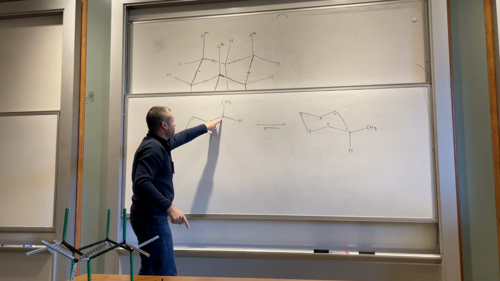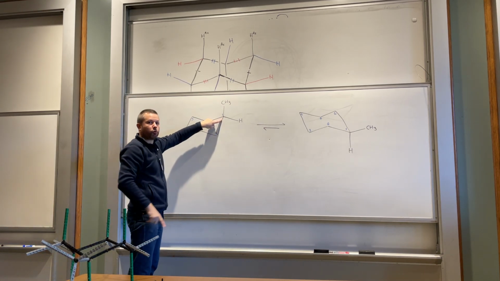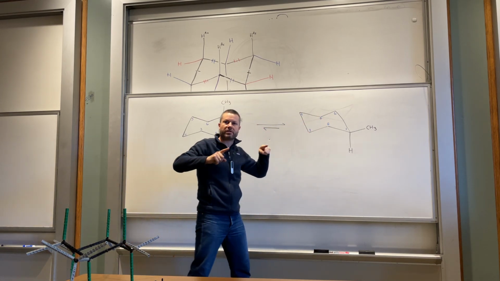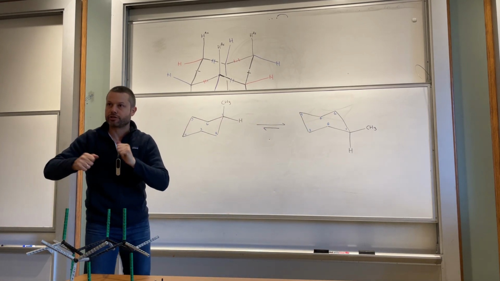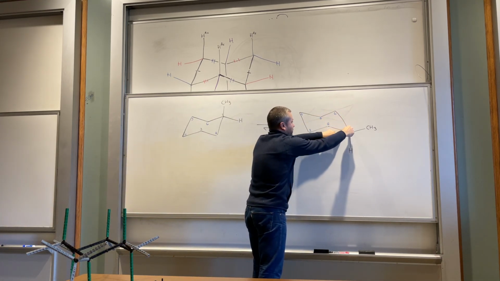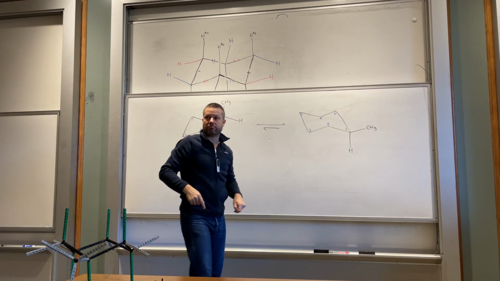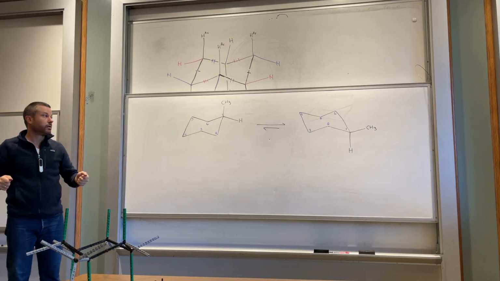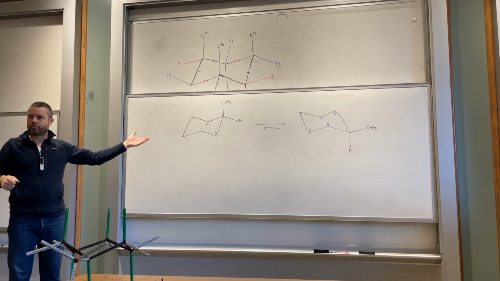So here, the bonds going to carbon 1 are pointing up. In the chair flip, I can't have those same bonds still pointing up because that's not how a chair flip works. So now those bonds to carbon 1 are pointed down. Anytime you represent a chair flip in drawing on the board, on a piece of